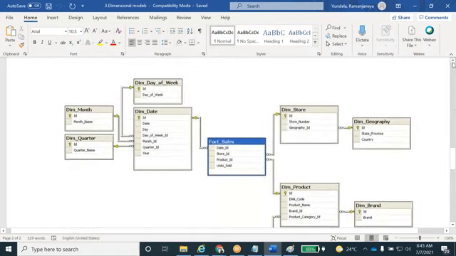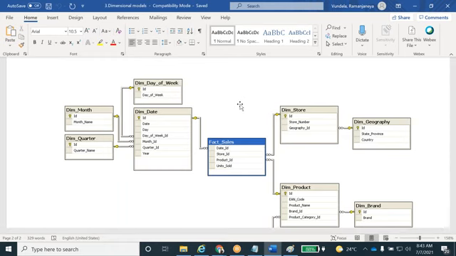Sure, sir. Yeah, here actually there is no primary key in a fact table. It won't be there. So they will generate the surrogate key. I will tell you that concept.